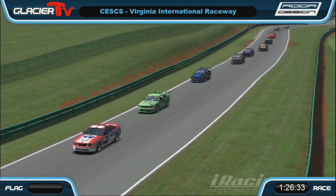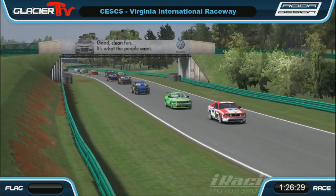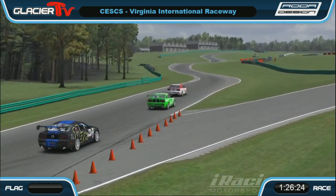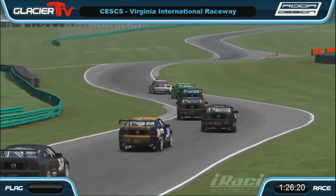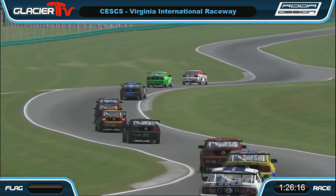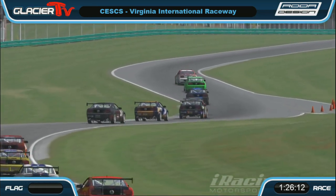Yeah, this sequence of corners that we're going through right now is I would say one of the trickiest sections of corners other than the SS in Suzuka, and this is even longer than the SS. We're coming right now to the right, left, right, left, right, left, and then the Oak Tree corner, which is a narrow hairpin. If your car does not have front wings and lots of aerodynamic grip,